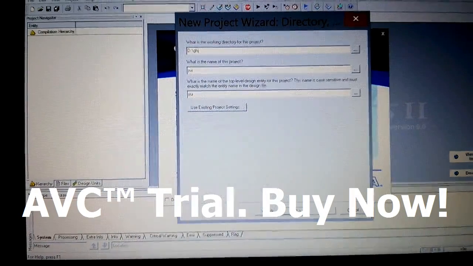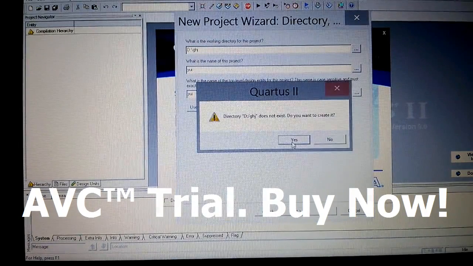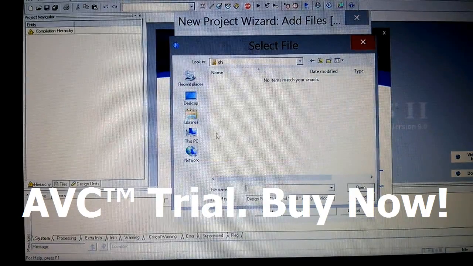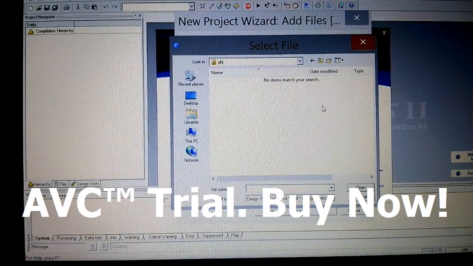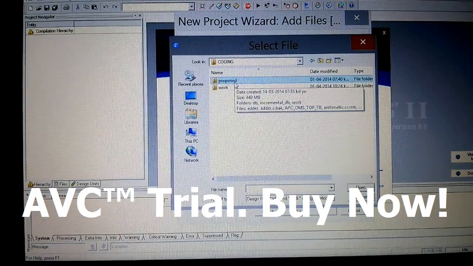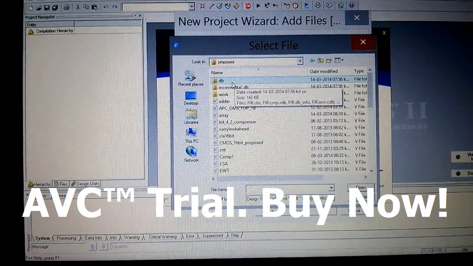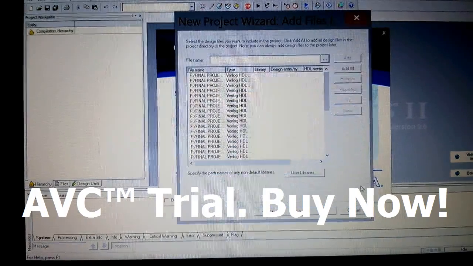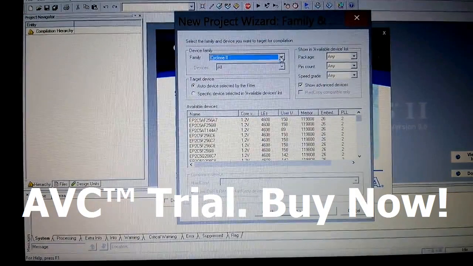And then again we have to give a file name. We have to add the existing files. Now we browse the required files. These are the files which I have already created, and then we add them to the library.